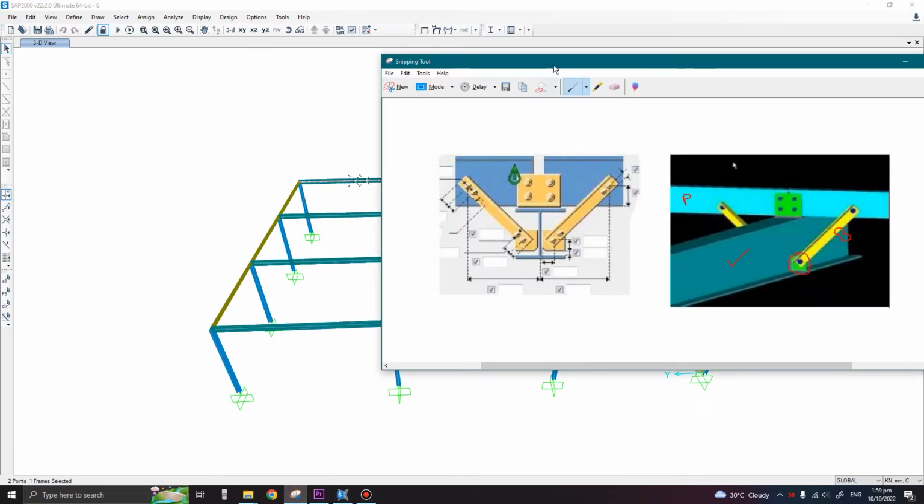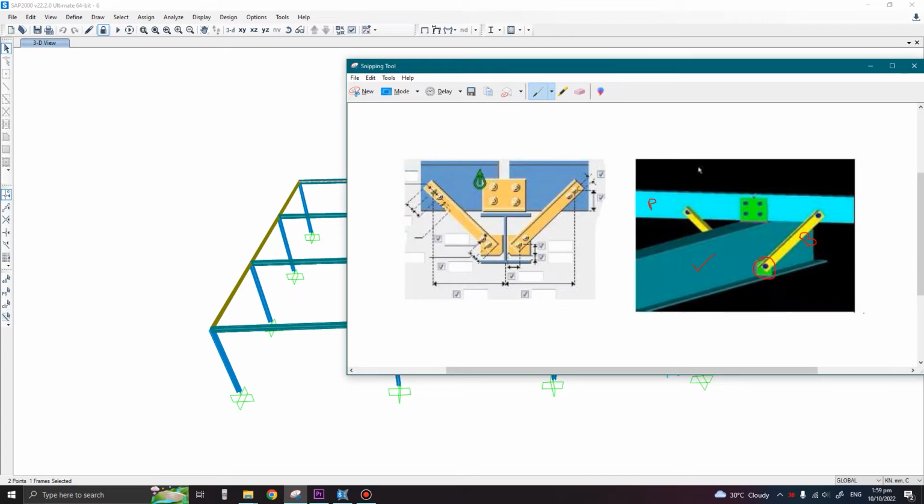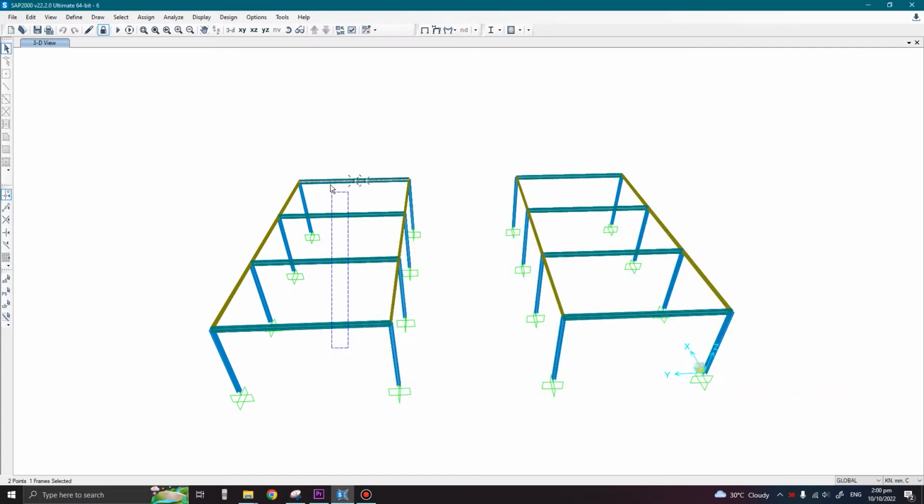So there is one detail, I'm sure you must have seen it somewhere in steel structures, that if this is your main rafter, this is the purlin running over it, and this is the bracing member which is connecting the bottom flange to the purlin. So this bottom flange is braced against any lateral movement. We might not need to provide this at every purlin, but it might be provided at adjacent purlins, or after every 2 or 3 purlins, based on the design. So to incorporate that, we are going to change the unbraced length